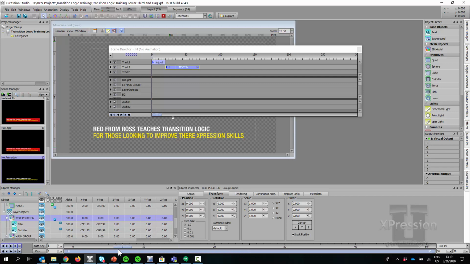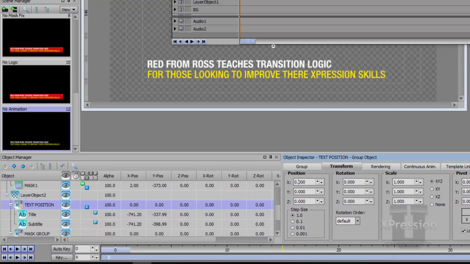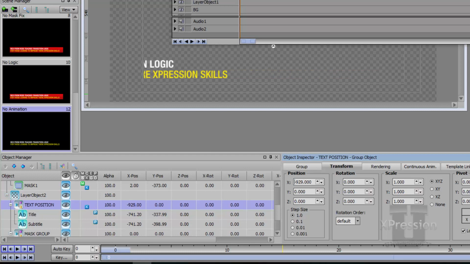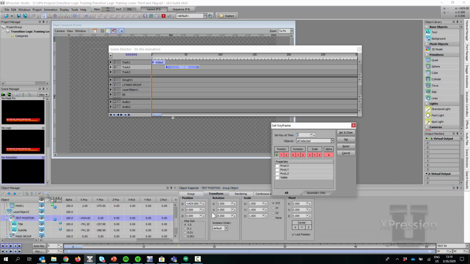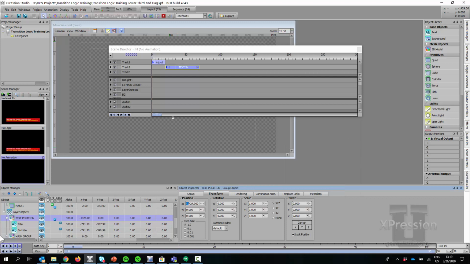Take that back to the beginning. And then we're going to take that group so it disappears behind this left edge mask there. You can do it by eye or take this number here if you want to copy that. And we do a keyframe again. And so now we should have a roll in.